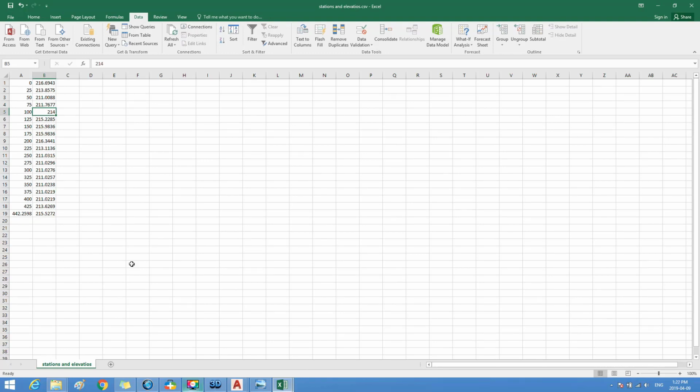Then we make a chart for the resulted river cross section. As we see,